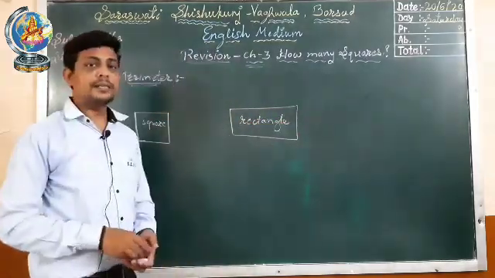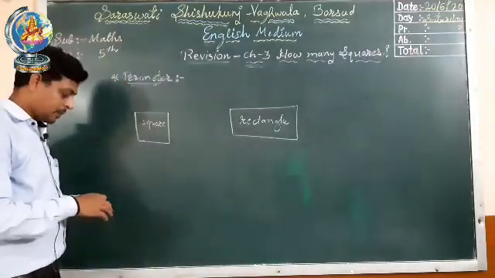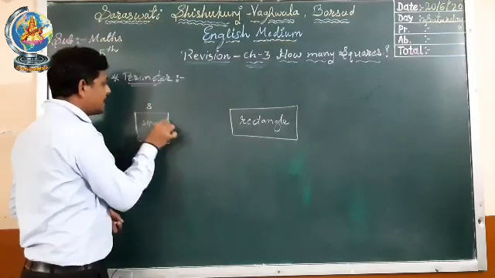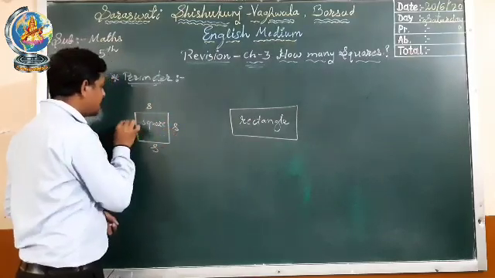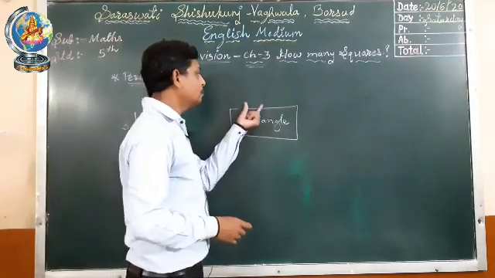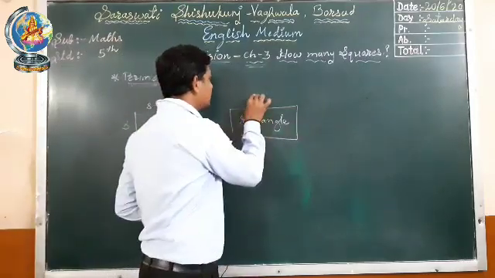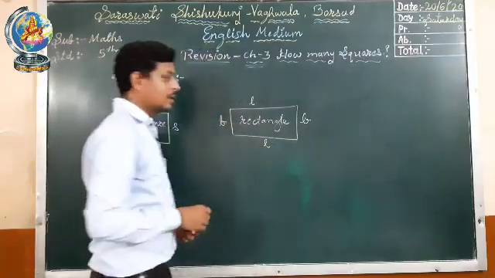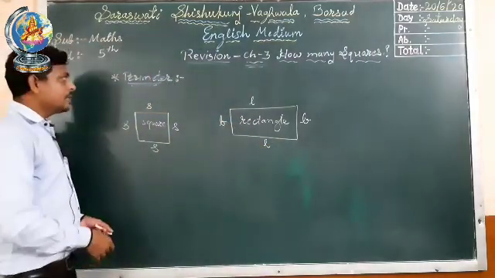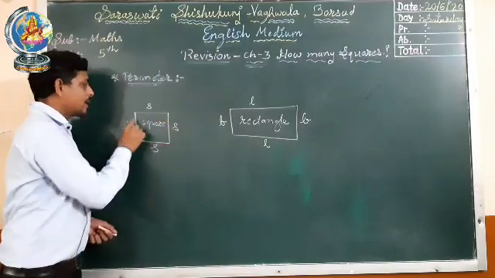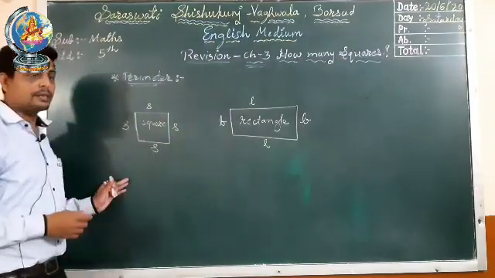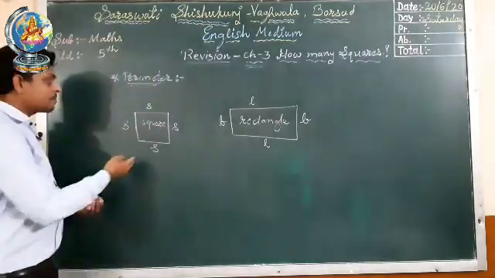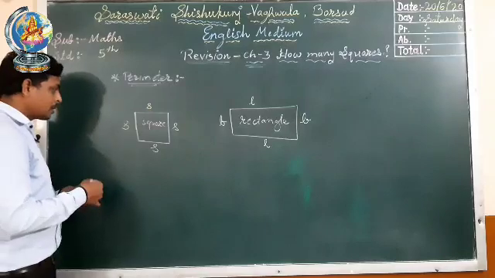Now what is perimeter of square? We know that a square has 4 sides, side and side, and a rectangle has 2 lengths and 2 breadths. So length, breadth, length and breadth. Now in this we have to find the boundaries. Addition of boundaries we will do, then we will get the perimeter of square and perimeter of rectangle. So let us find the perimeter of square.